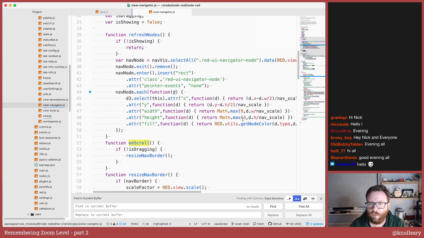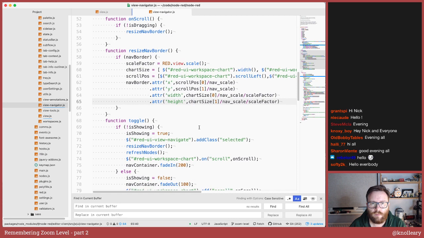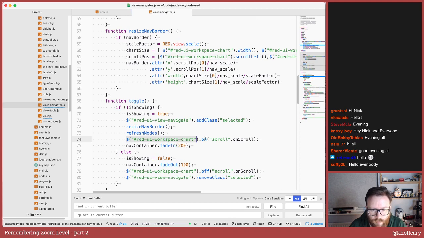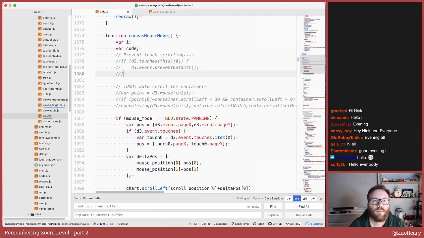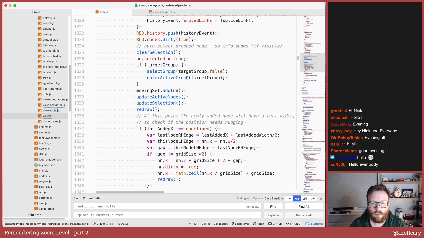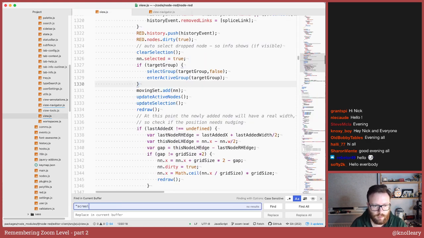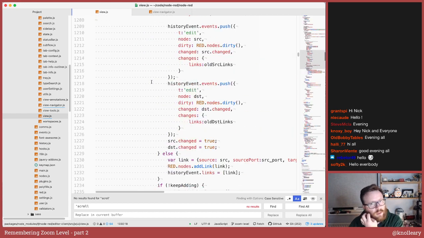And in fact, if we go find its on scroll, resize. Yeah, in fact, there's a bunch of useful logic here. We want, right, one thing at a time. Let's grab the event handler. I want on scroll is what we want. So let's just double check if we got a scroll handler in here. No, so nowhere are we listening for the scroll event.